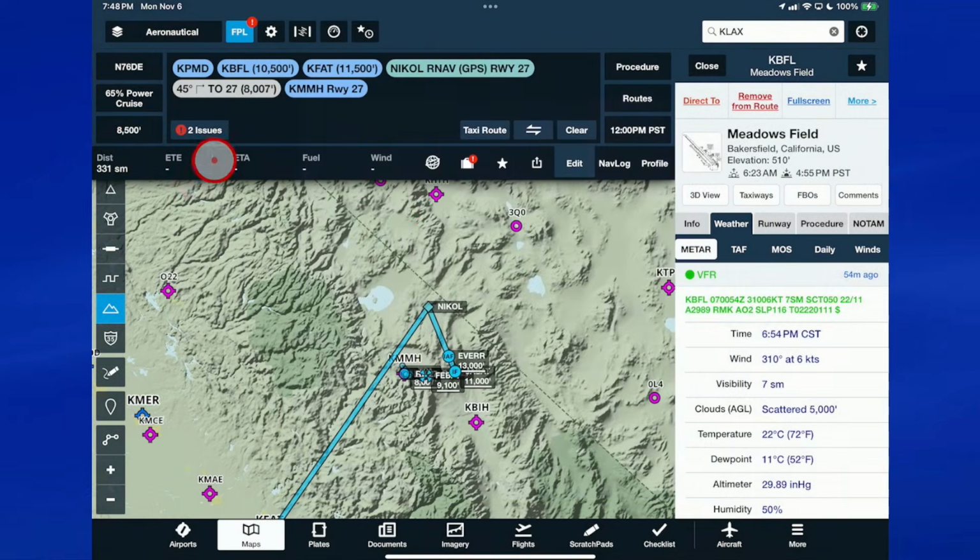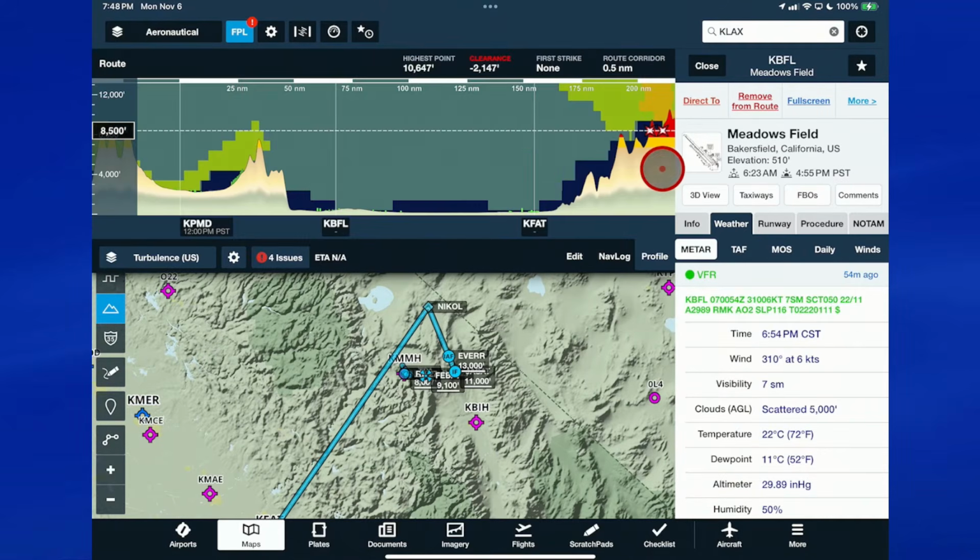8,500 feet. I'm just not quite sure, but we've got to cross Bakersfield at 10.5, Fresno at 11, start climbing at Bakersfield to 10.5, start climbing at Fresno to 11.5, and then this approach procedure. Again, I'm just not quite sure. There's an issue in there. If we start it over, we may get it. But that's how you set the crossing altitudes that you were asking about.